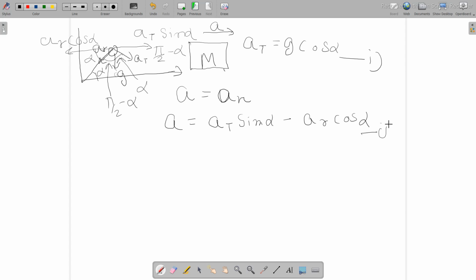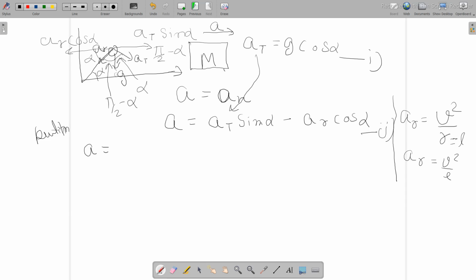Now this is equation second. We know that the radial component in circular motion is always equal to velocity squared over the radius of the circular motion, and in this case the radius is equal to L. Therefore a_R is equal to v square by L. Therefore acceleration is equal to, putting the value of a_R in this equation, or just we say that putting equation first into equation second,